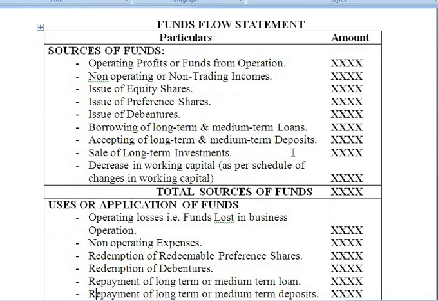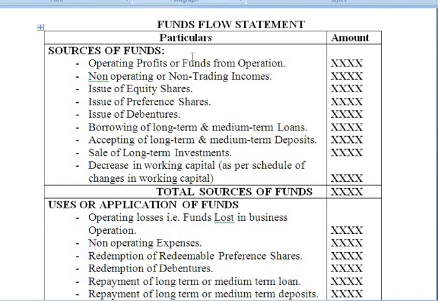Okay, so this is the fund flow statement. It is as good as a balance sheet. How we tally the balance sheet: whatever liabilities the firm has, to repay those liabilities, that much amount of assets the firm should have. Okay, and that record we show in the balance sheet. The same way the fund flow statement will be prepared. So what are the total sources of funds, and which are the sources of funds, the total of these sources, and then application or uses of funds.